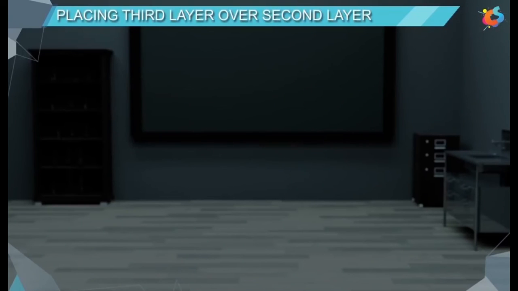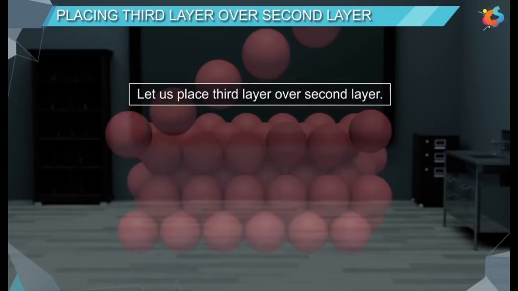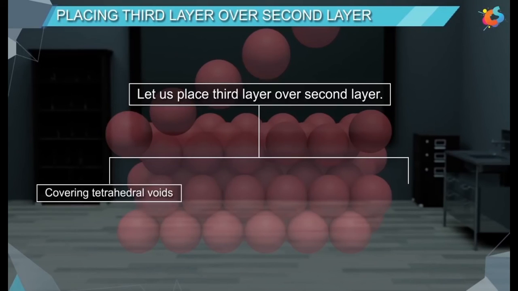Placing third layer over second layer. Now let us place the third layer over the second layer. Stacking of the third layer over the second layer can be done in two ways. First, by covering tetrahedral voids. Second, by covering octahedral voids.